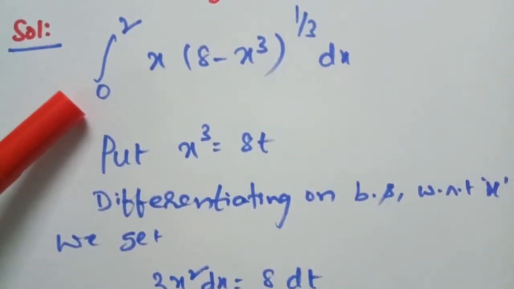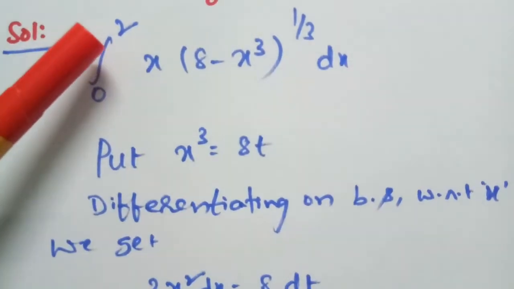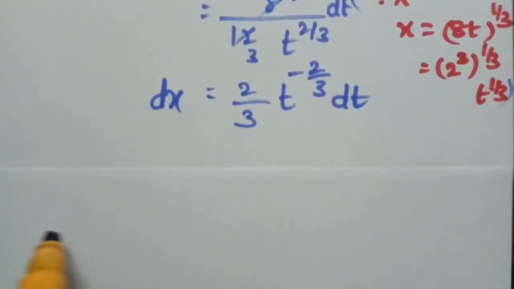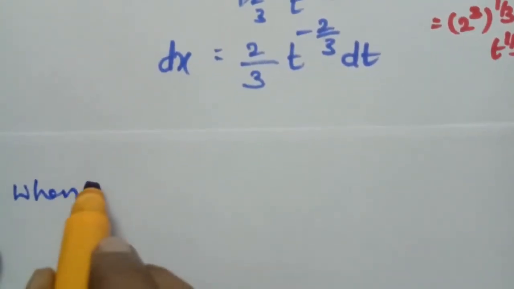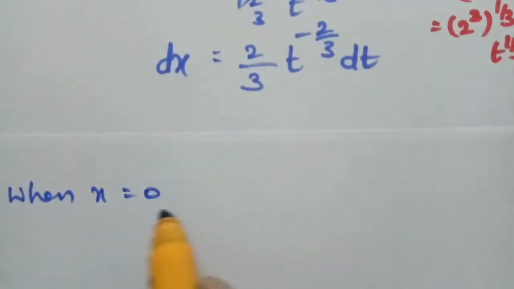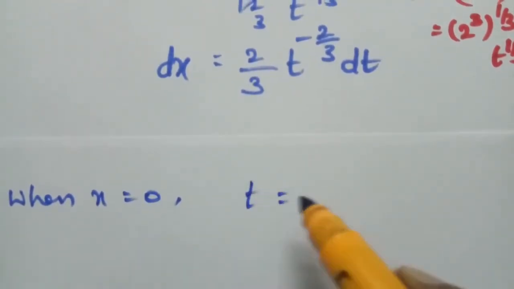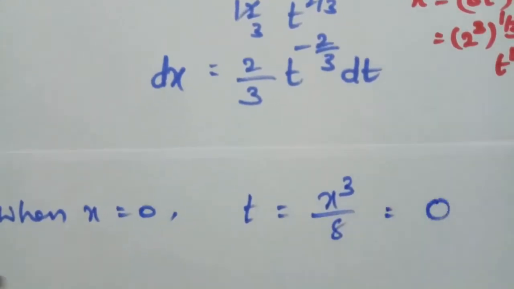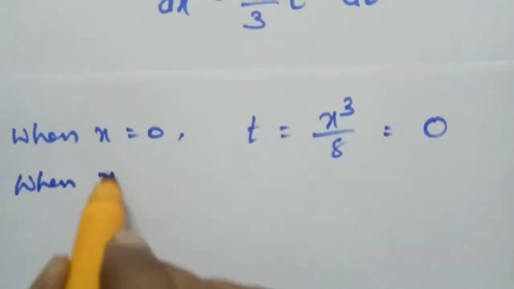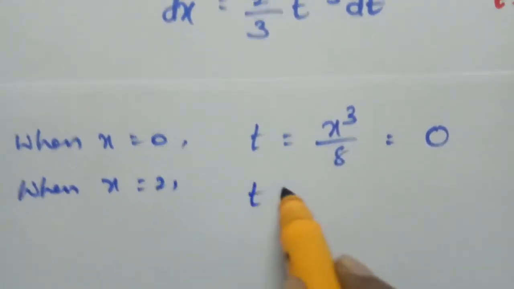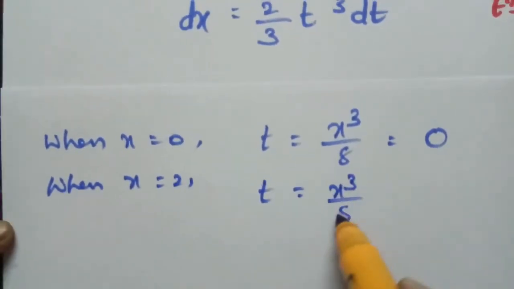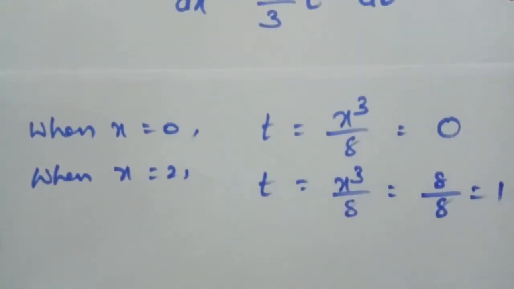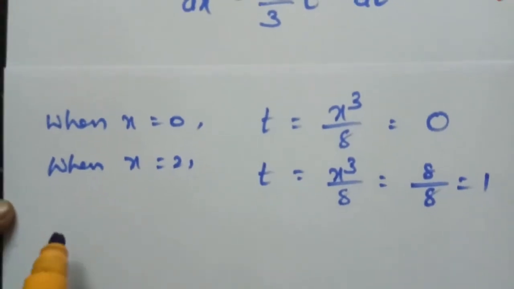Now when x equal to 0, what is the limit for t? When x is equal to 2 upper limit, what is the limit of t? When x is equal to 0, t equal to x cube by 8, that is equal to 0. When x is equal to 2, t equal to x cube by 8. So 2 cube, 8 by 8 is equal to 1. Therefore, substituting these values in the given integration,